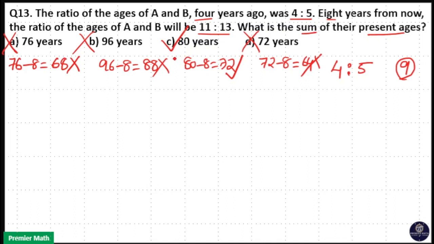You can find the answer within 2 seconds. So option C is your answer. If you want to find the answer in the normal method, 4 years ago,